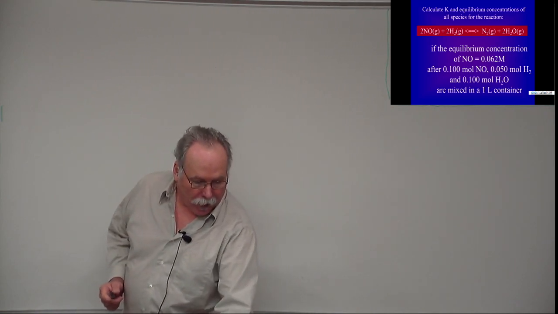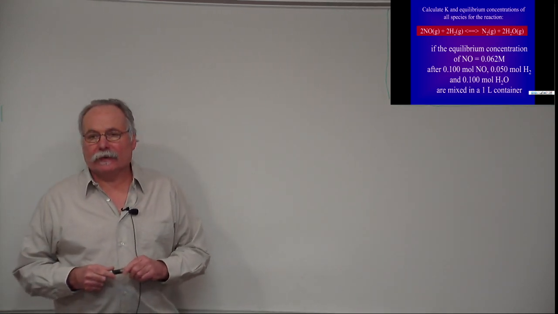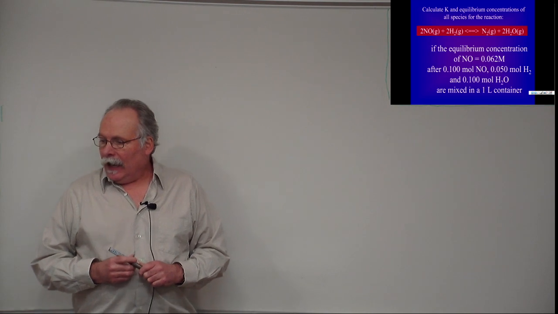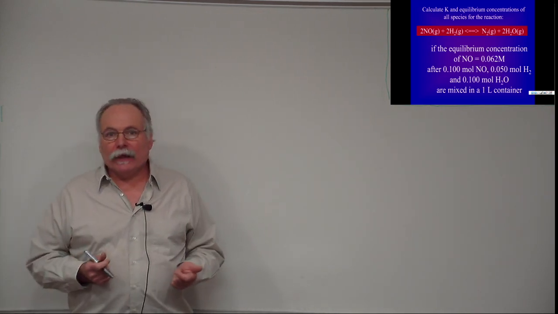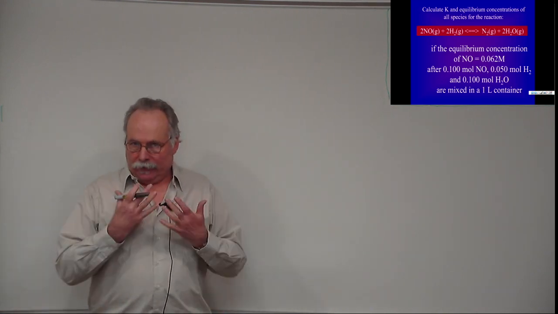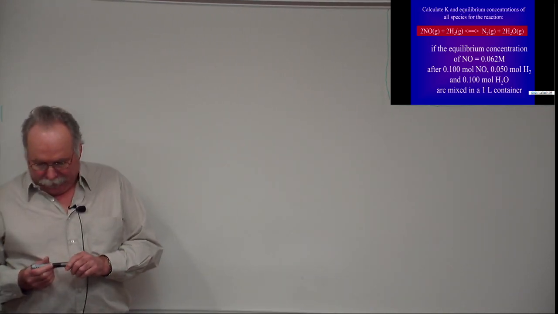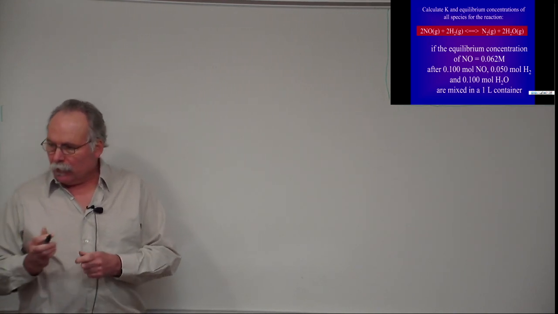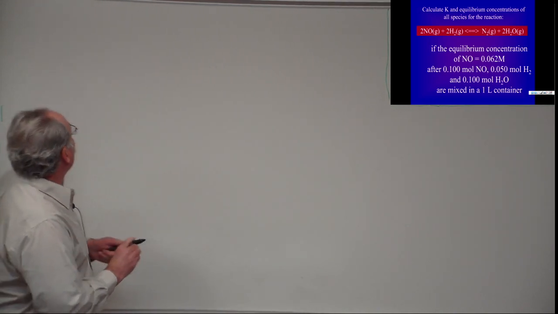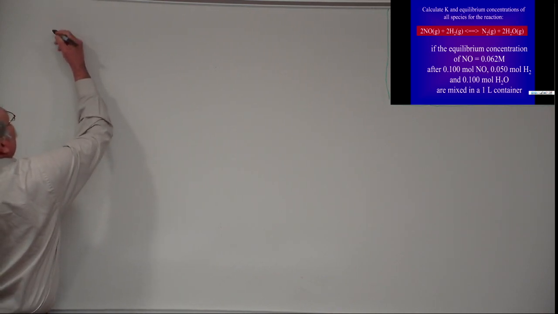Greetings. In this problem, we want to calculate the equilibrium constant. What we've done is mix together some reactants and products, allow the reaction to go to equilibrium, and measure the concentration of one species at equilibrium. So this is going to be a Rice diagram where we start off writing down the reaction that